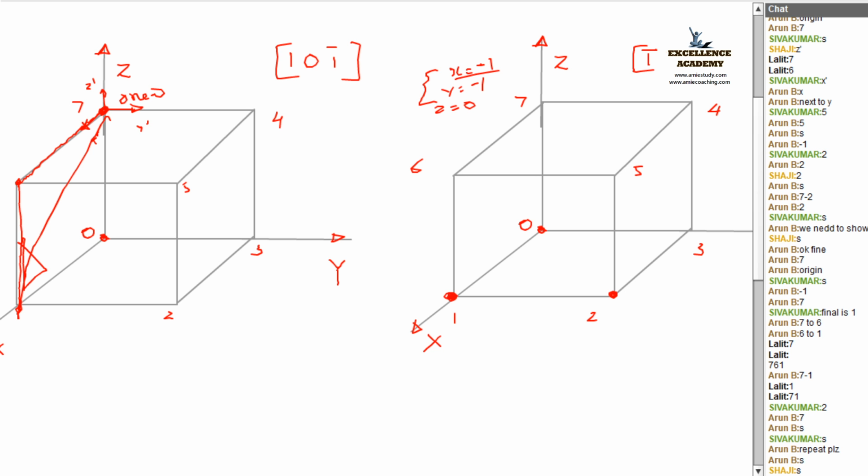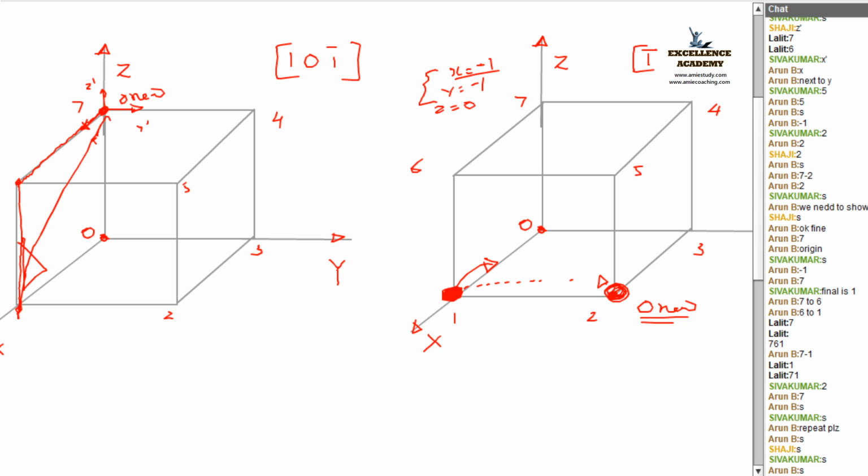Yeah, but unfortunately, I have one more point: y is equal to minus 1. So what do I have to do? Can I fix this as the final? No, I can't. From this point again, I have to shift through the y-axis. This is my y-axis from this point. So I have to shift the y-axis towards here. That means this is my last origin, old to new. Is it clear to us?